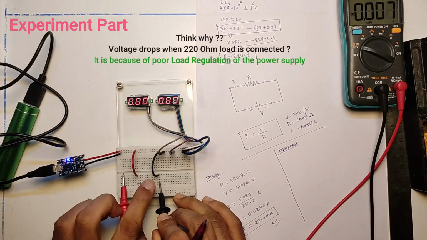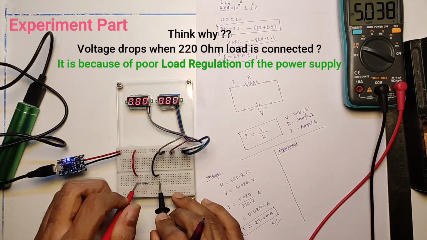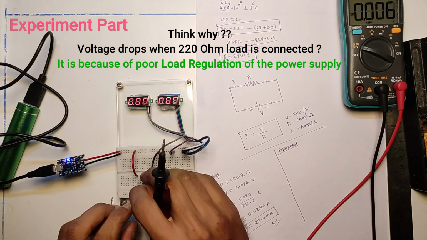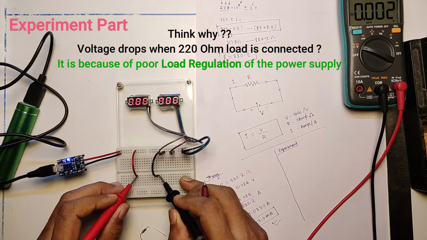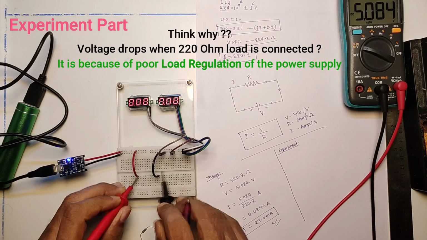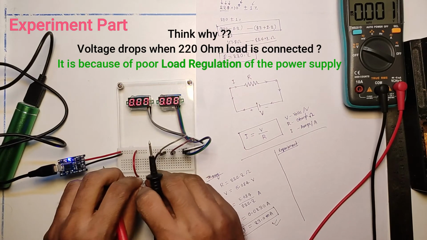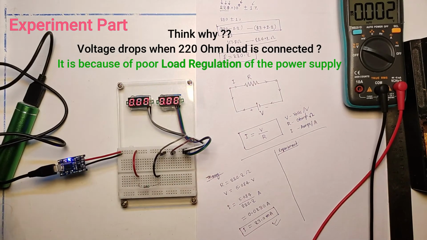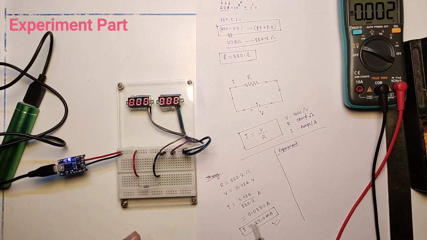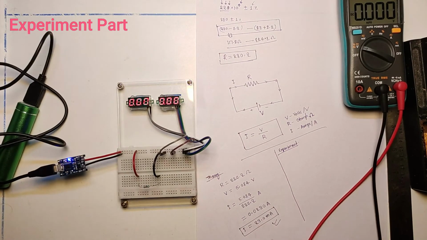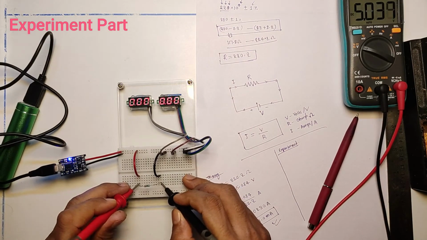Okay. Fine. We might not be getting the same value. Due to the load, it is fluctuating, right? With open, it is showing some other value, and with load, it is showing some other value. So you can say the load regulation of this regulator, which is inside this power bank, is not good. No problem. We should be getting the closer value, somewhat nearer to that. Okay, we will again measure it. 5.037. Okay.